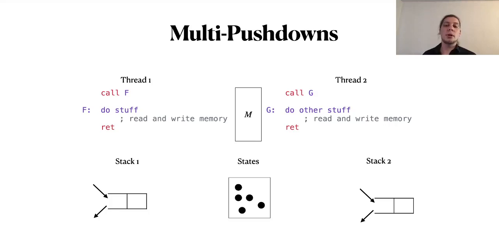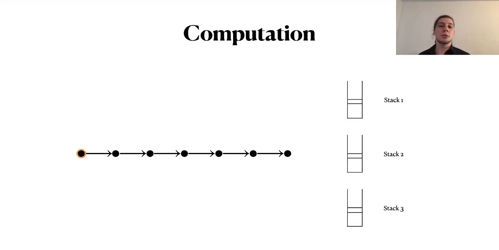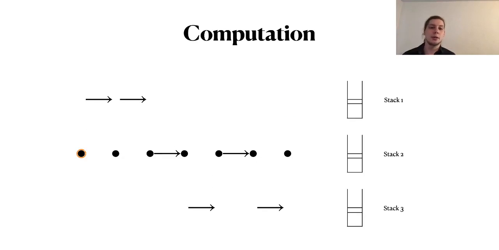And then the memory and the program locations of the threads are abstracted by a finite state space. After that, we can translate the programs into transition relations, which act only on a single stack each. Now, a computation in our model is a sequence of transitions, which is an interleaving of the different threads computing